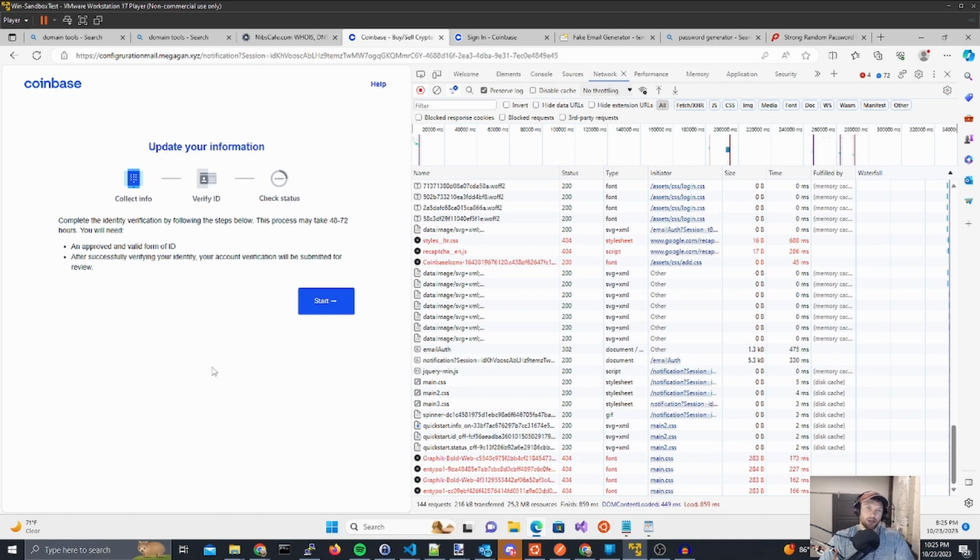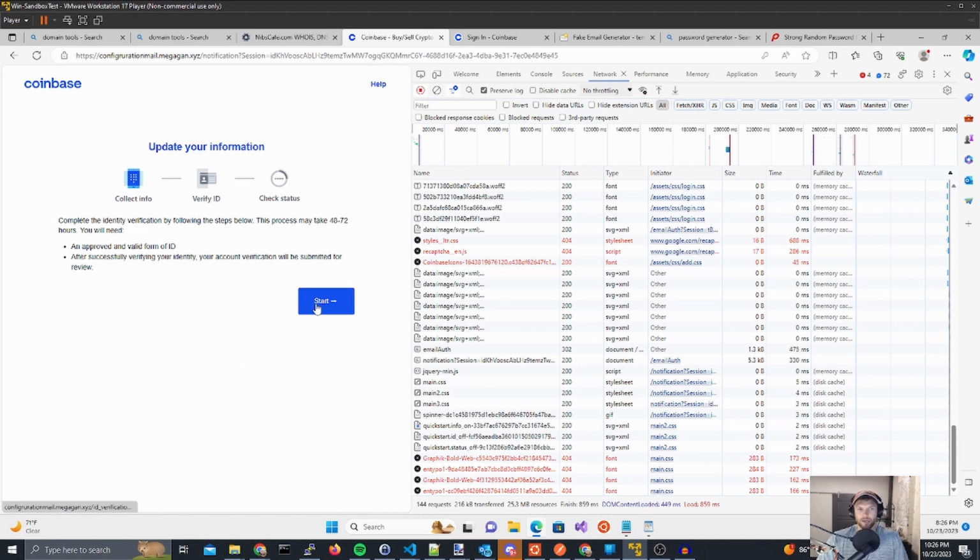So right now what's happening is McGagan is saying, yeah, you just logged in and now we need to verify your identity, which is probably something that Coinbase does. They probably do gain some valid form of ID so that they can create appropriate tax documents for you, or just track your